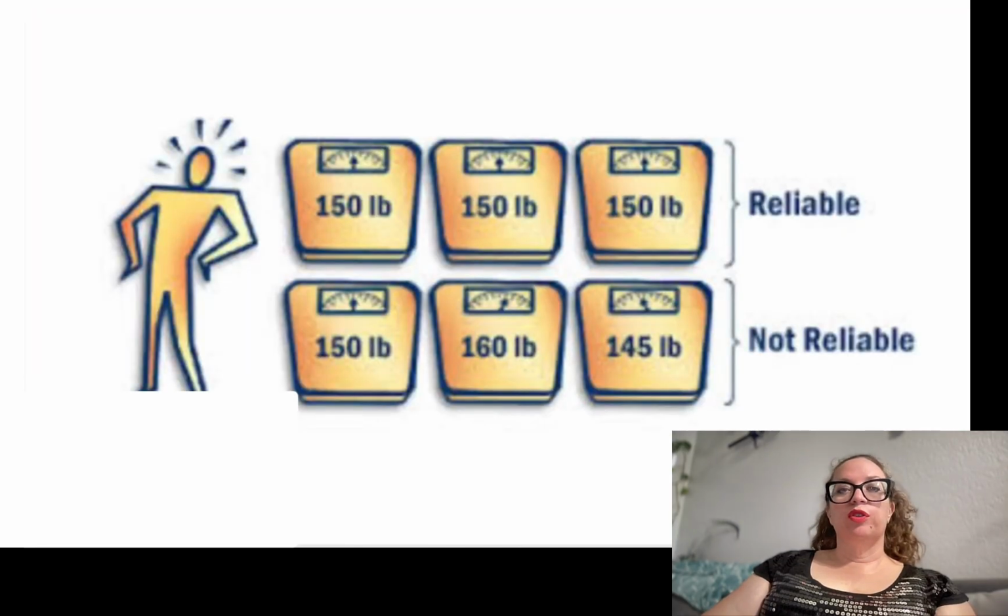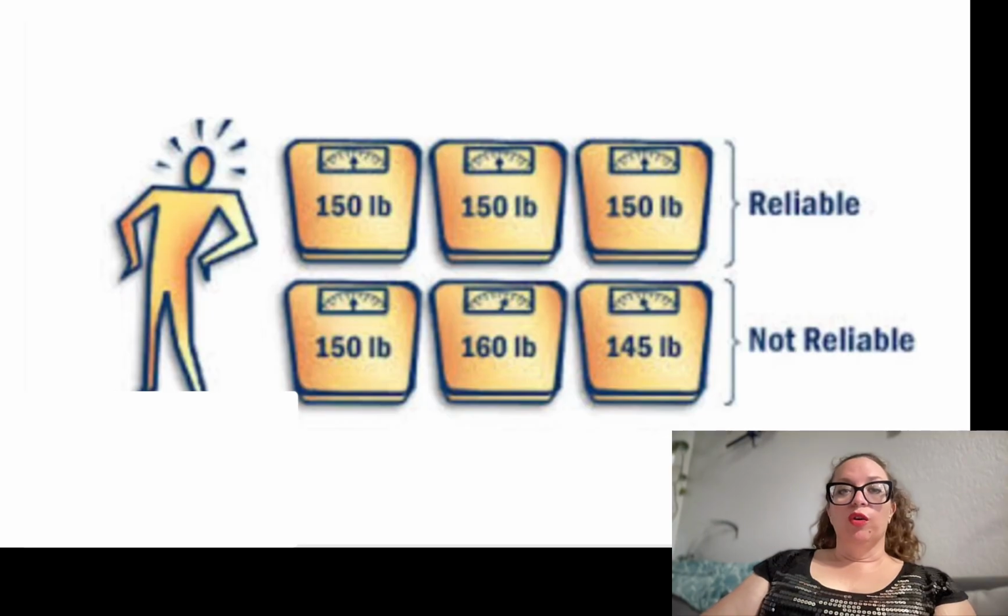So I think this is a great place to start. When we're talking about reliability, what we're talking about is consistency. If something is reliable, it's consistent. So let me give you a concrete example. If we have a human person who weighs, say, 150 pounds, and they step on one scale 3 times, if it's a reliable measure, it should come out consistently to 150 pounds each time we use the measure,